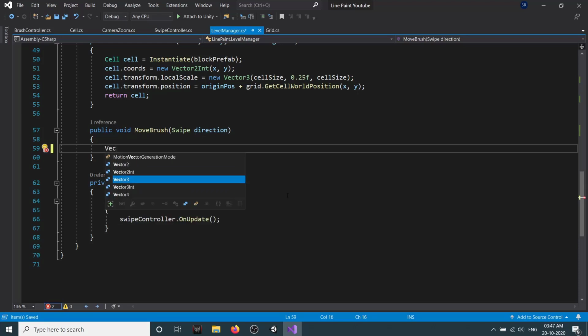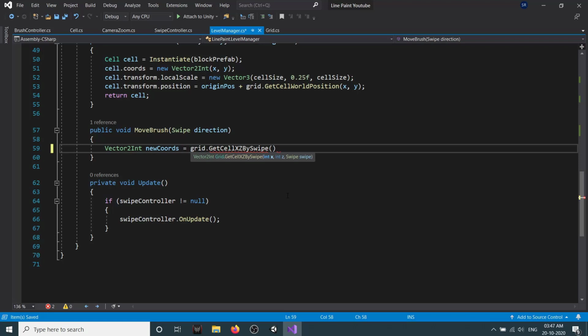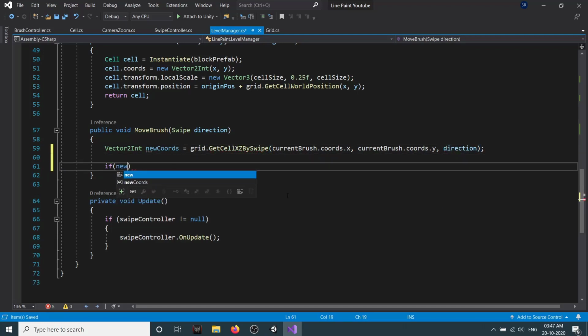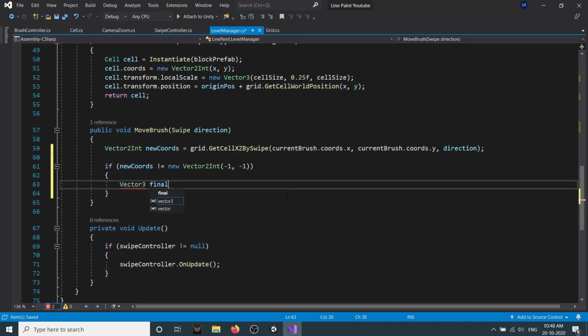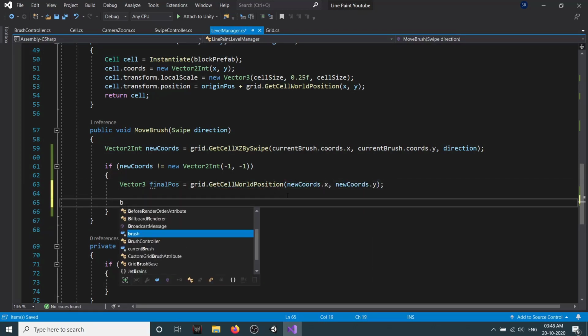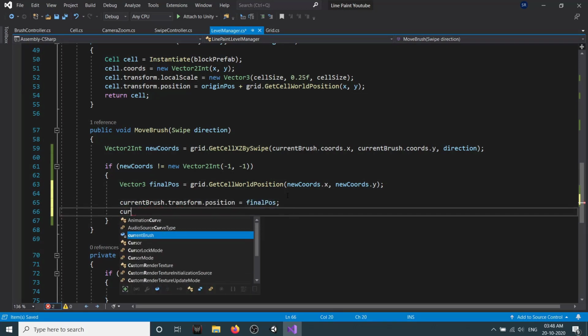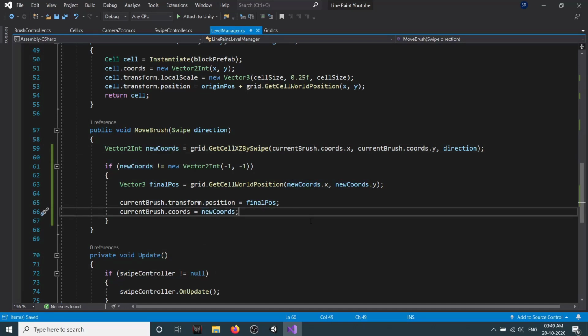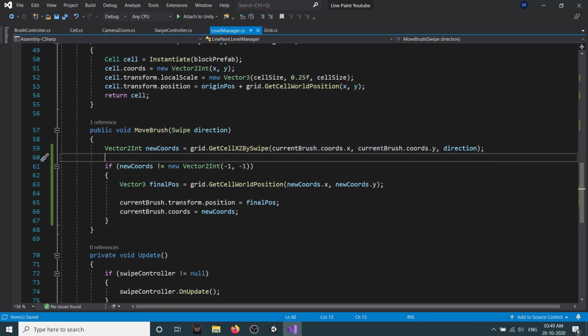So for that, okay, here we create a new variable, new coords, and we go to our grid and call our GetCellXZBySwipe, and we pass the current coords of our brush, whatever the x and y it has, and we pass the swipe, which is the direction, and then this returns us a new coord.